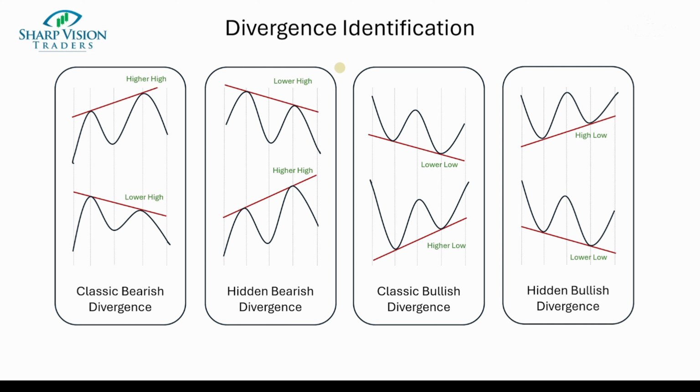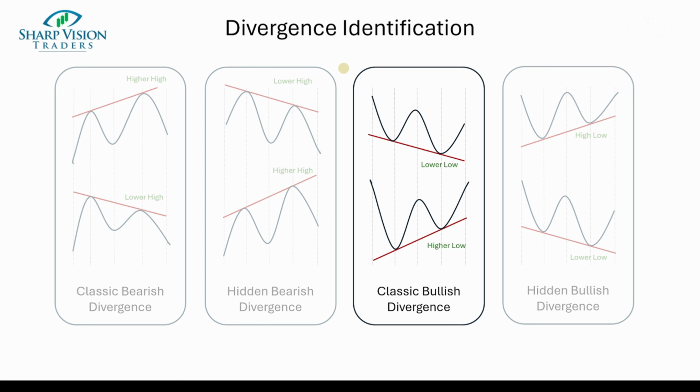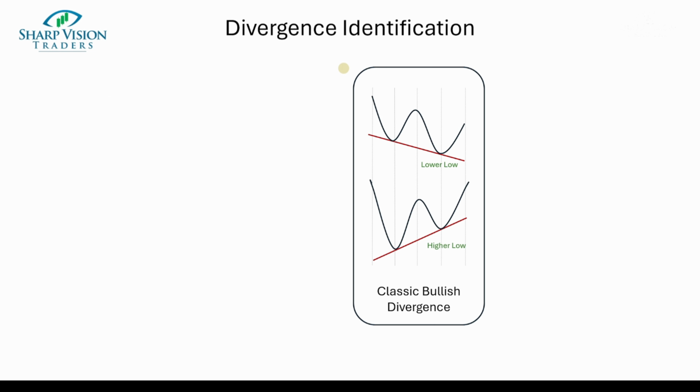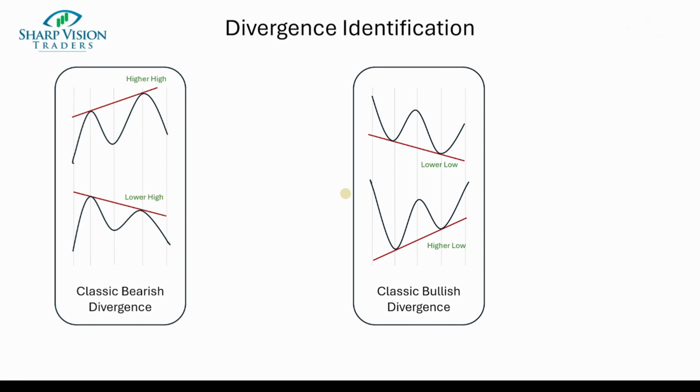As you should be seeing on the screen, there are 4 types of divergences: classical bullish and bearish divergences, and hidden bullish and bearish divergences. The classical bullish divergence occurs when the price of an asset forms lower lows, but the oscillator forms higher lows. It suggests that while the price is declining, the momentum is actually shifting upwards, indicating a potential reversal from a downtrend to an uptrend. Traders often look for confirmation signals, such as bullish candlestick patterns or trendline breaks, to enter